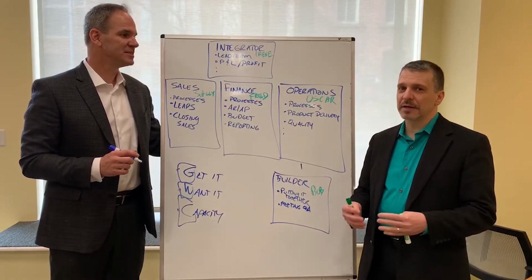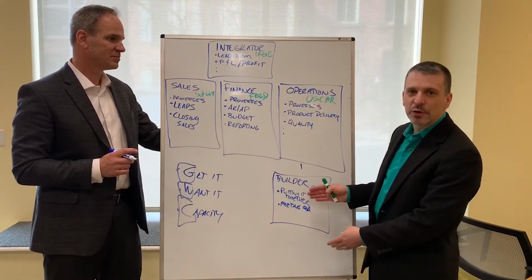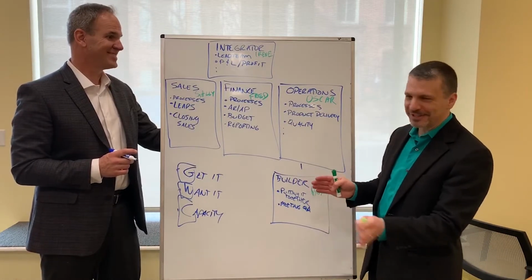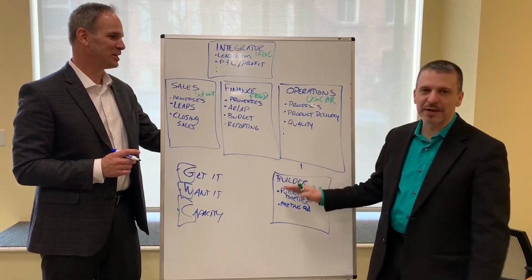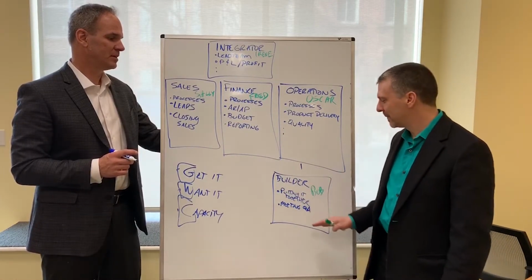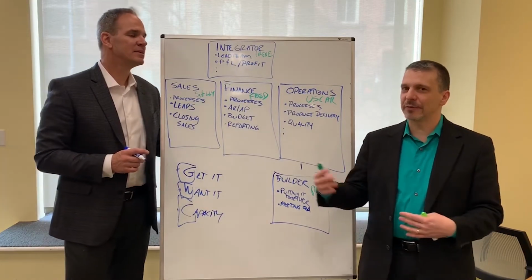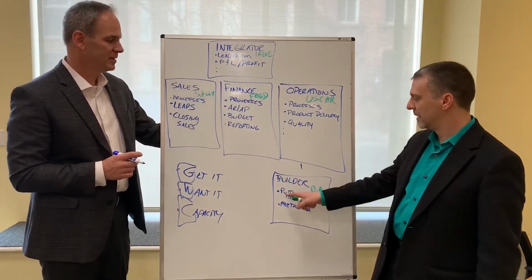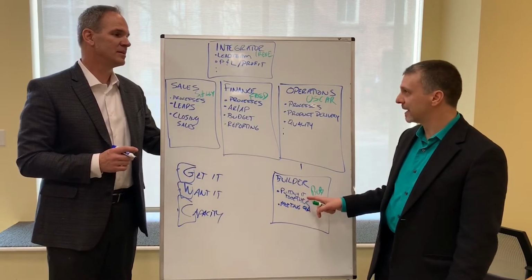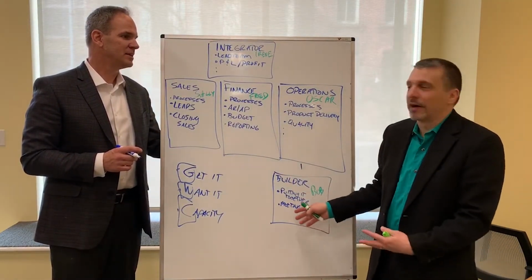So in talking about get it, want it, and have the capacity, we're going to go down the accountability chart. We're going to have a role called builder, and we have Bob in there, Bob the builder. And we're having issues getting product out the door in a quality fashion. So Bob's responsible for putting it together, whatever it is, a box. But they're not coming out square.